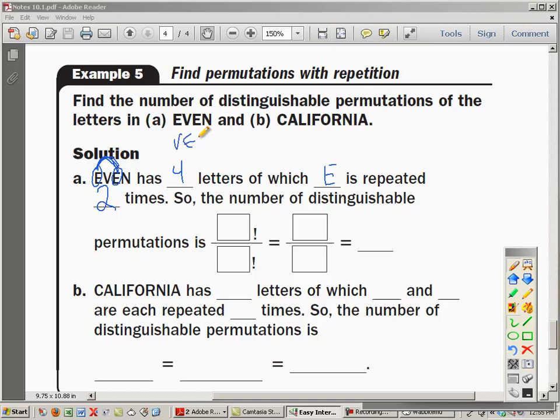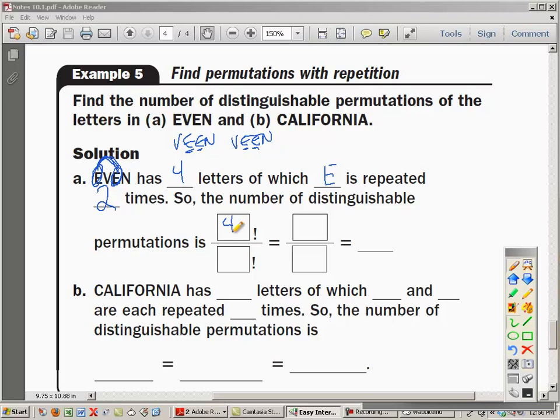Now you could have V-E-E-N, not like that's a word or anything, or you could have V-E-E-N, where this E and this E were distinguishable, but if they're not distinguishable, you can't tell the difference between them. That's why it talks about distinguishable representations. Okay, so basically, it says the number of distinguishable permutations is 4 factorial over,